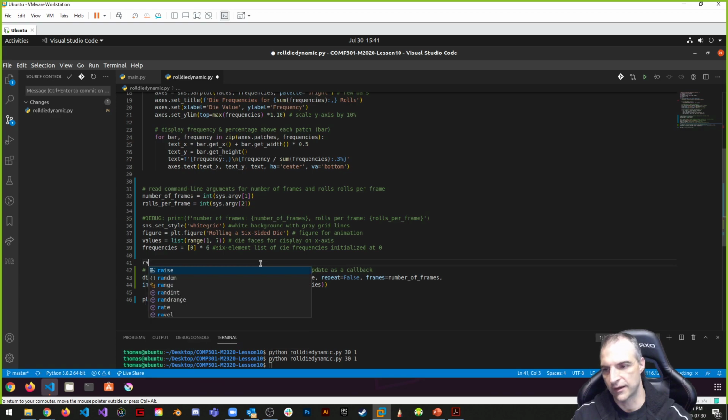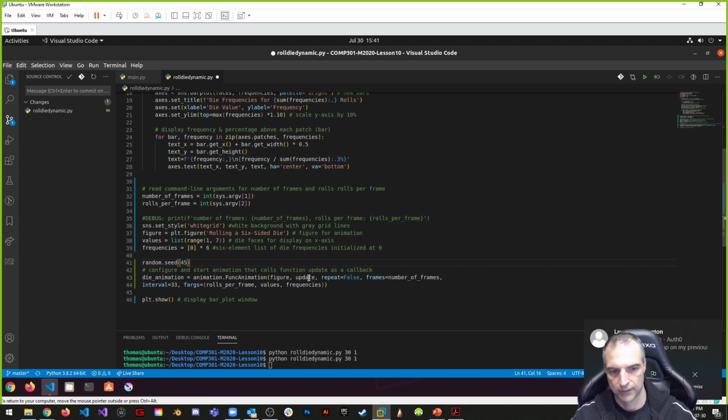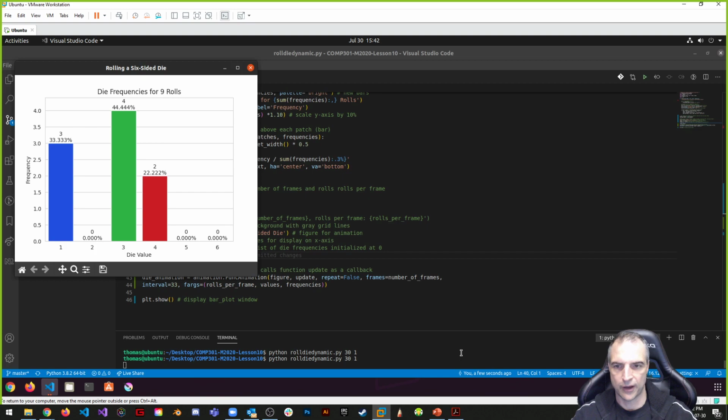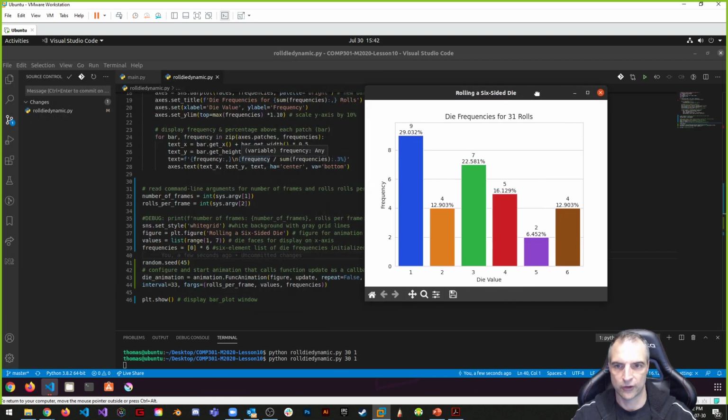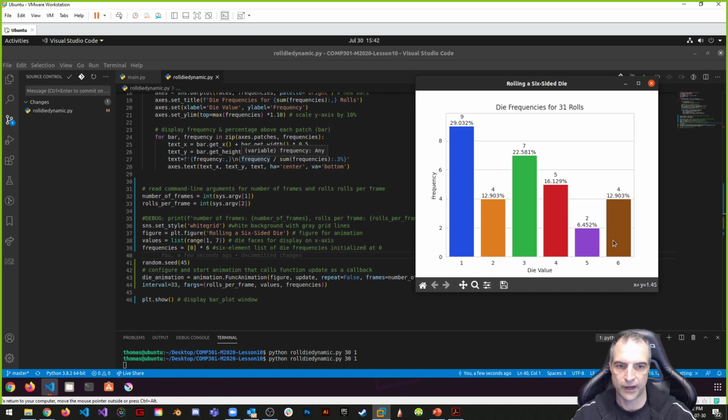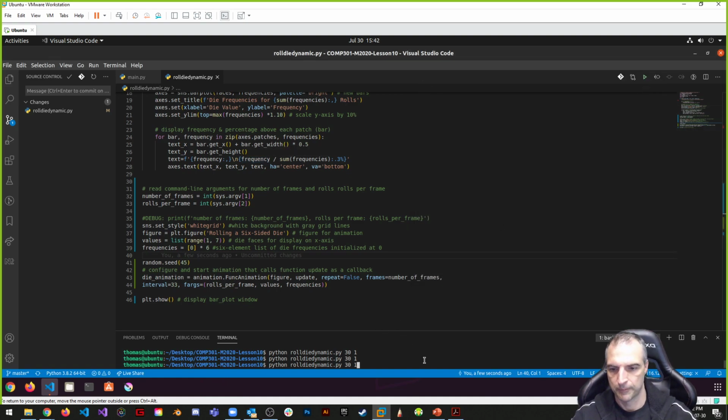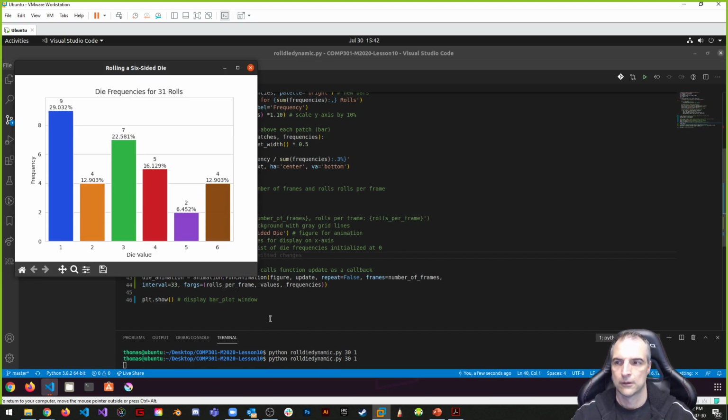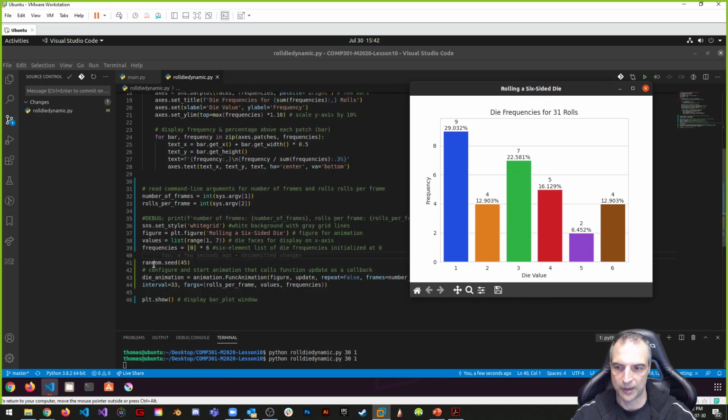So here we can say random.seed. Outside of here is 45. Okay, that's what this is, random.seed. And then we can go down here and try it out. So here's what 45 looks like. 45 is going to look like this: 947524, 947524, 947524. Same numbers. This is reproducible, and I put the random seed up here above the die animation, not inside